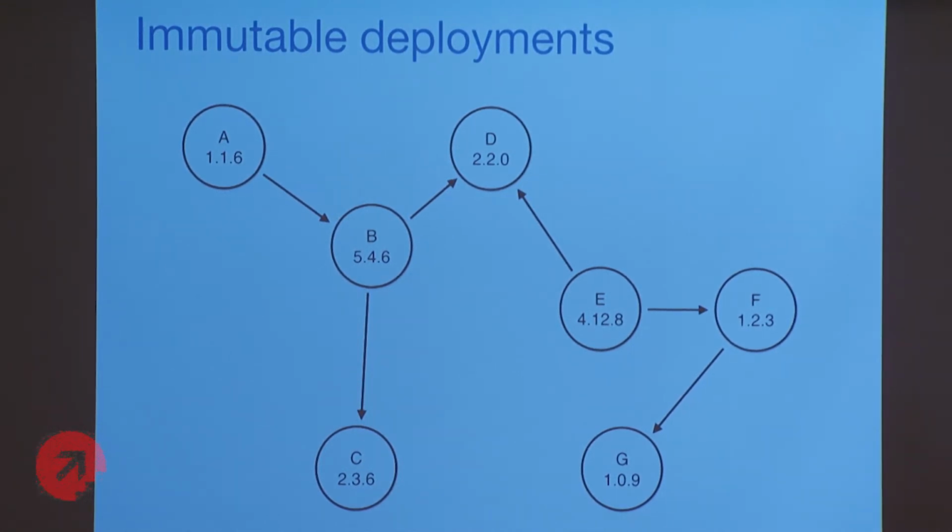So now comes the question: how do we actually implement this? It's easy for me to stand up here and talk about immutable deployments and service call graphs and nodes and edges, but at the end of the day, we need to actually implement this for it to be useful. So we can start by identifying that at the core of this proposal is this idea of explicitly tracking versions